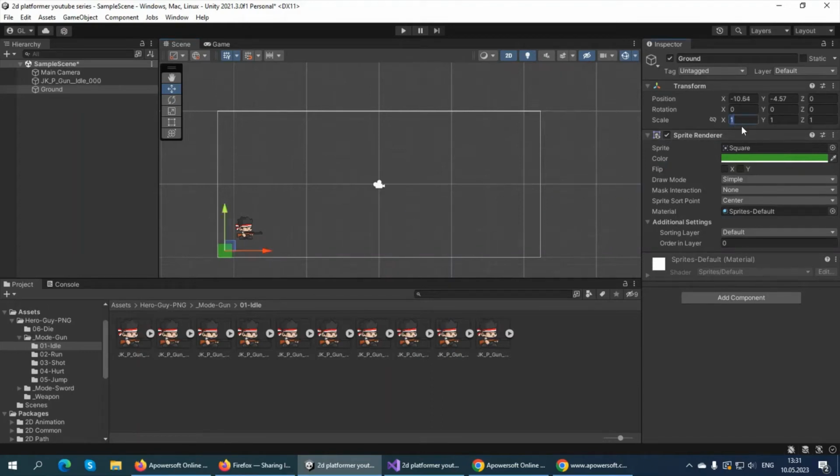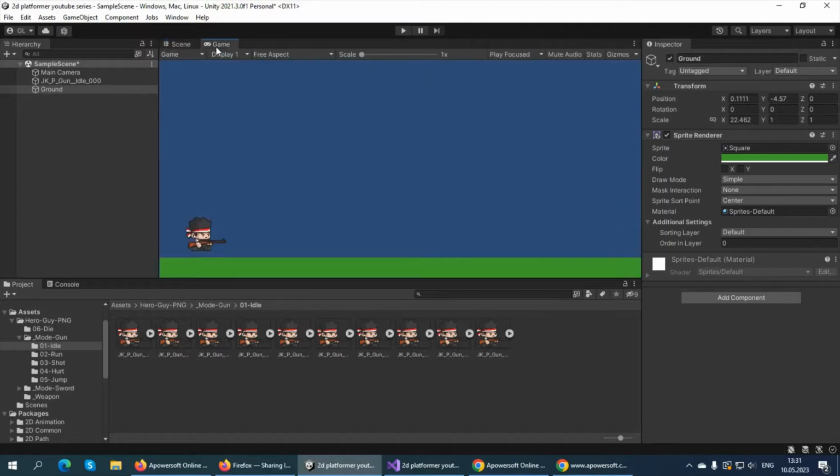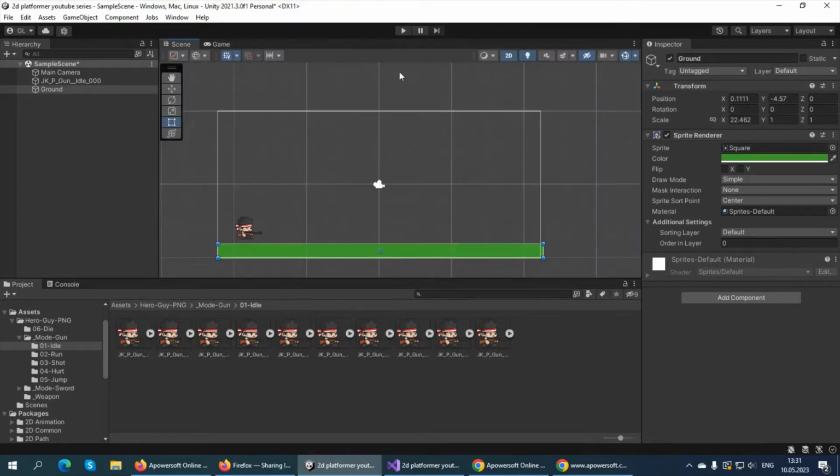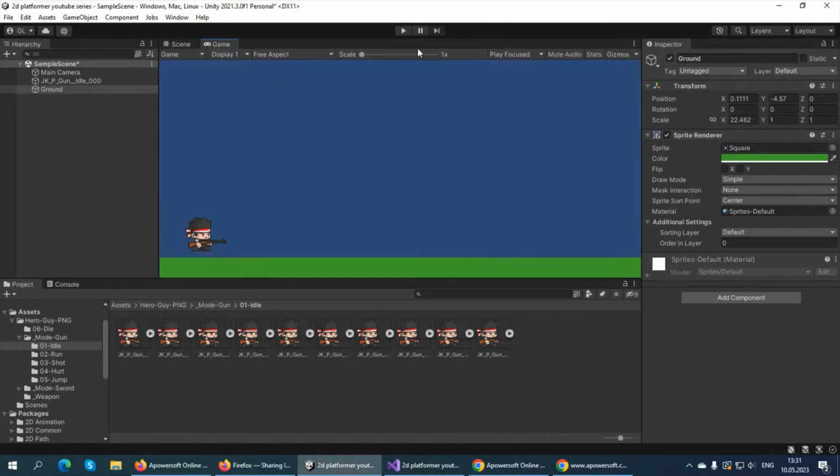We can also scale it on the x-axis to be, for example, 20. Yeah, or a little bit bigger. We can also select this rect tool right here and make our ground bigger. It doesn't really matter. Okay, this is our ground, but if we hit play right now, nothing will happen because